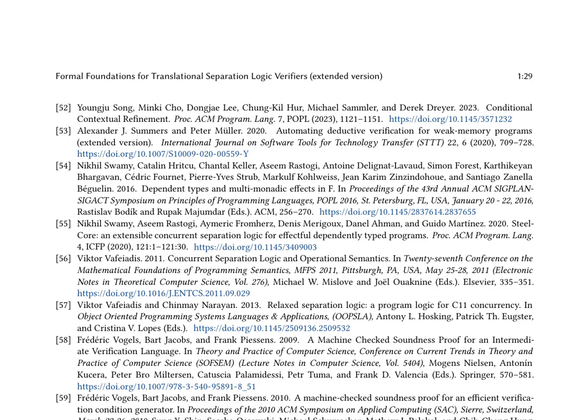The research paper discusses the formal foundations for translational separation logic verifiers. It presents a detailed overview of the main functions involved in symbolic execution, including sexec, sproduce, sconsume, and seval. These functions are used to symbolically execute statements in a symbolic state, producing and consuming assertions, and executing functions.